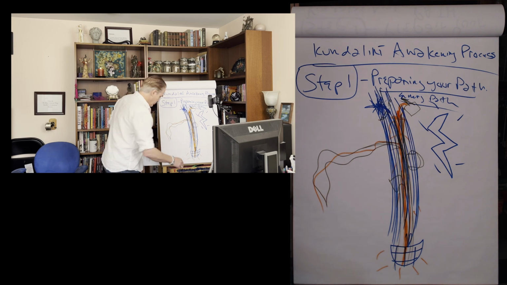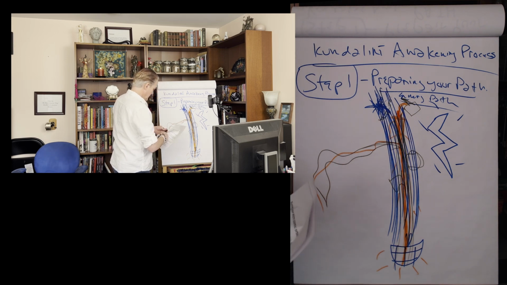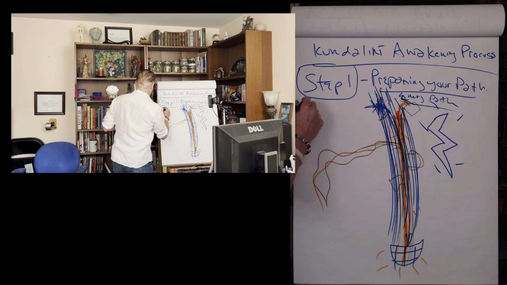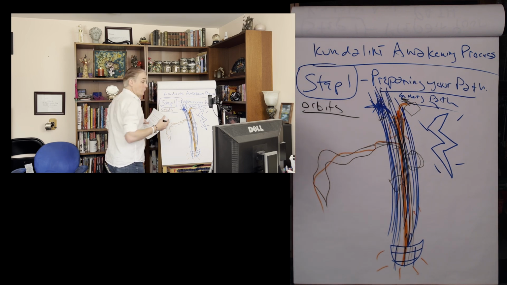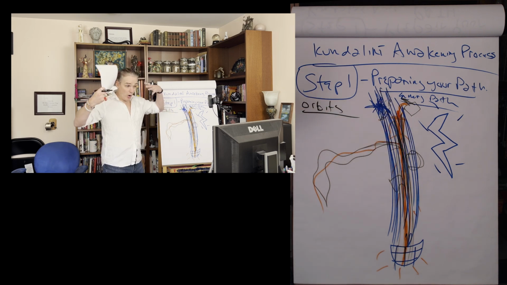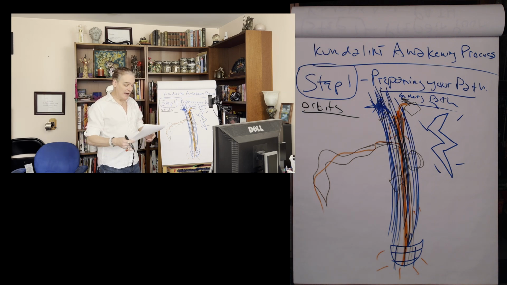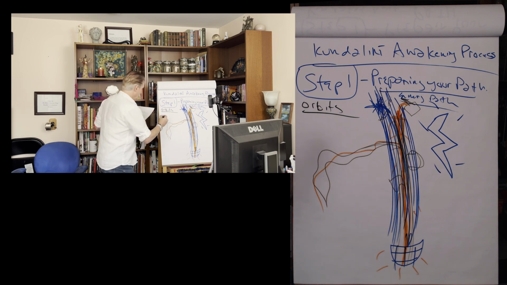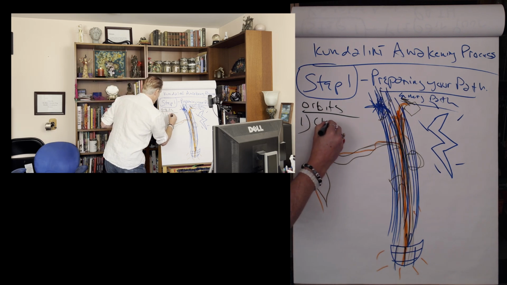So I'm just going to go ahead and use black so we're not getting our channel here. So this is what we call running our orbit. It's called running our orbits or microcosmic orbits. Once again, if you study your Chinese medicine, it is your microcosmic orbit. Your macrocosmic orbit is doing the same thing, but through all of the energy channels of your whole body. And step one is to clear your mind, the Zen mind, the unthought thought, the thinking where you're not thinking. I personally like the single point focus, and this is step one, is clear your mind.